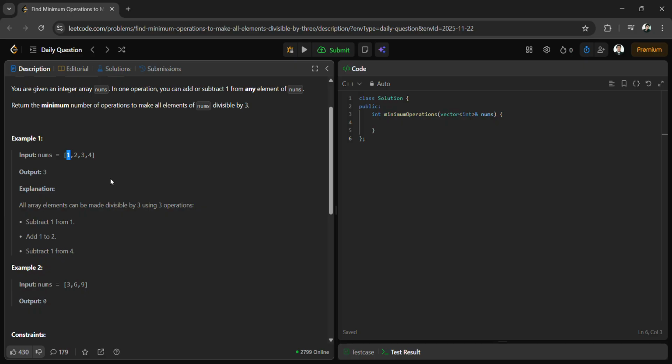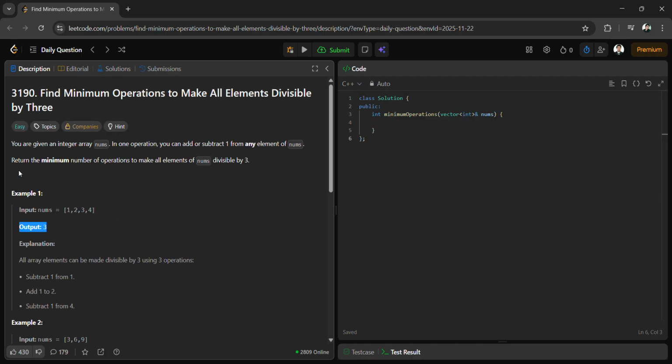Which is divisible, as we know very well 0 is divisible by all numbers. So here we have to count 1 operation. Talking about 2, we can either increment or decrement it. If we increment by 1, it becomes 3, and it is divisible. Then talking about 3, it is already divisible by itself, so we don't have to do anything. Talking about 4, here we have to decrement it by 1 so that it is divisible. So here we got 3 operations in total to make all the elements divisible